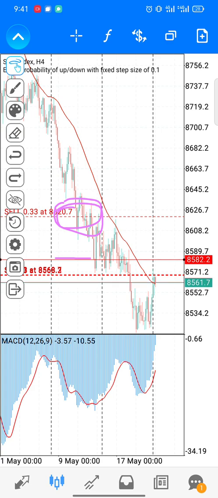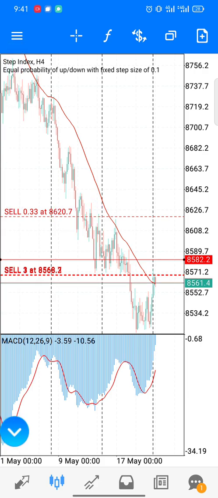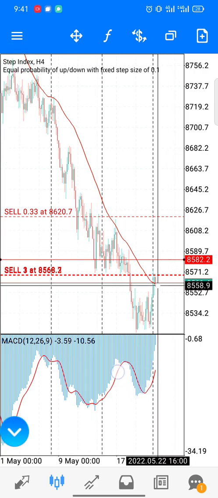So this is what I was watching out for as my stop loss, because I was leaving this trade to keep on selling. This is where I was watching, that if the market can break through this previous resistance level, which is previous support level, which is now a resistance level, then I'm gonna be closing the trade right there. But seeing that it didn't break it, I had to